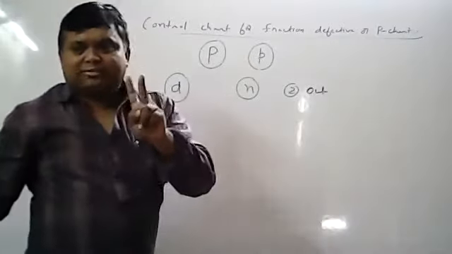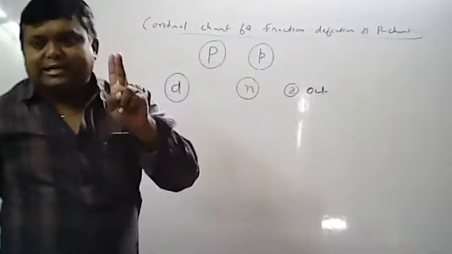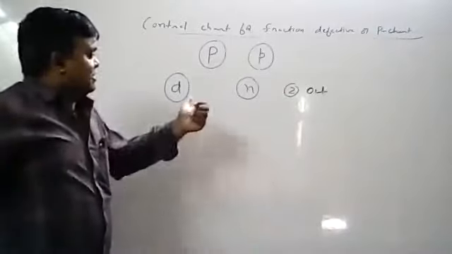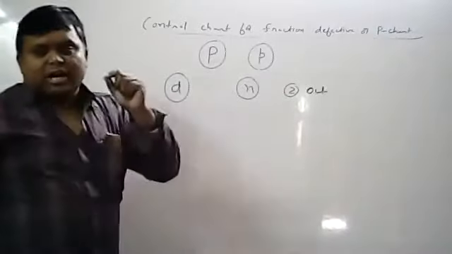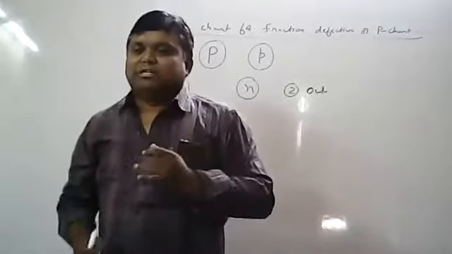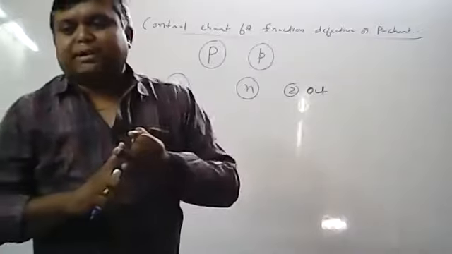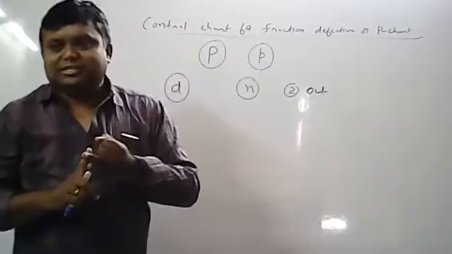Why does it follow binomial distribution? Because only 2 things will be there: either the item will be defective or non-defective. So 2 outcomes, and n is fixed. That means D follows binomial distribution. All of you know the mean of the binomial distribution is np. The variance of the binomial distribution is npq.